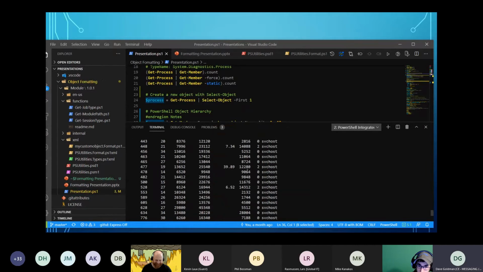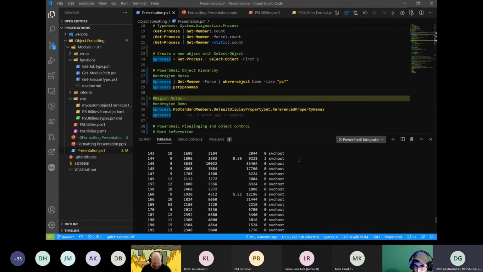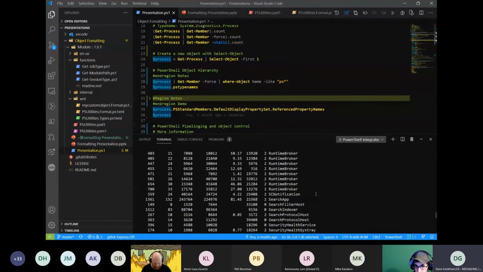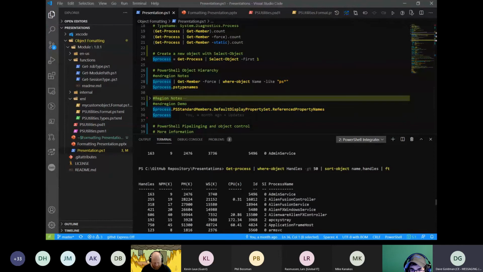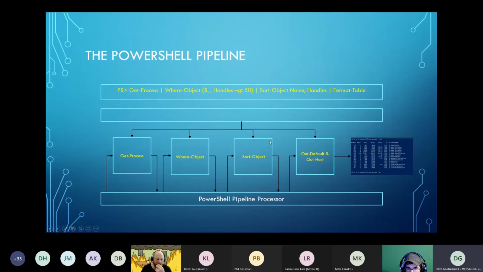And then you can see the table that was split out. So what's happening here is I asked for this information, and we ended up getting this back in return. Now, for the visual representation, what's happening is we hit enter. The PowerShell parser takes all of this information and says, what are you as the user asking for me? It will run get process. It will go and now give it to where object, and we work on each individual request.